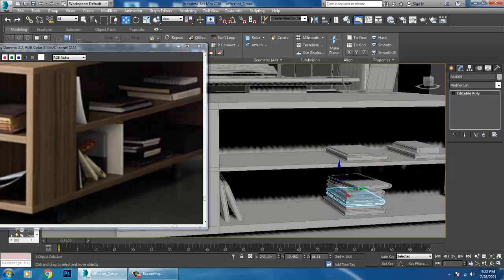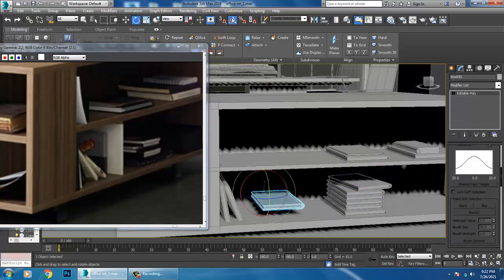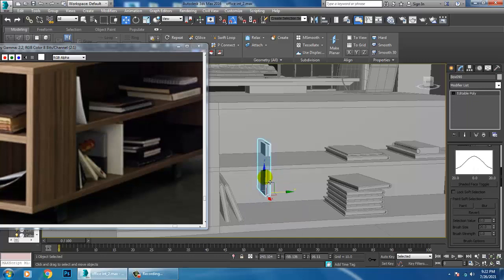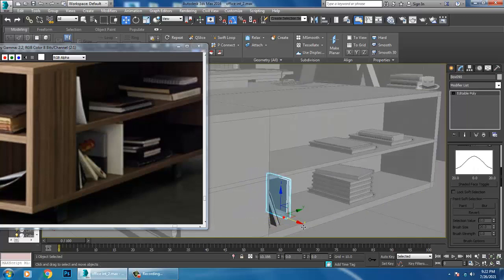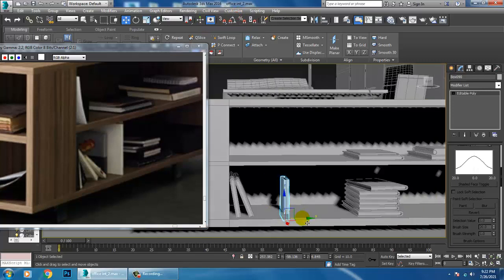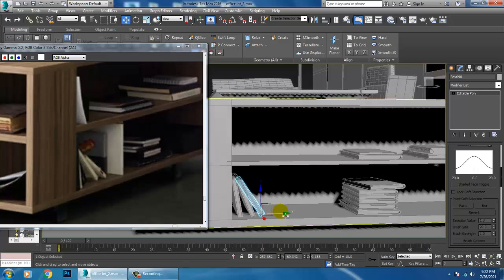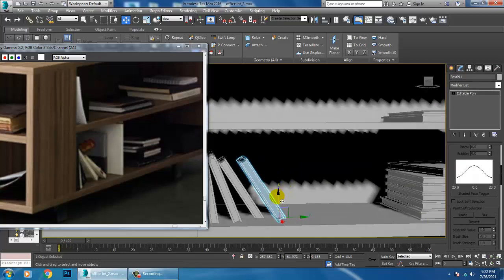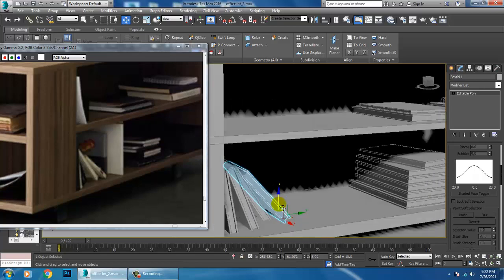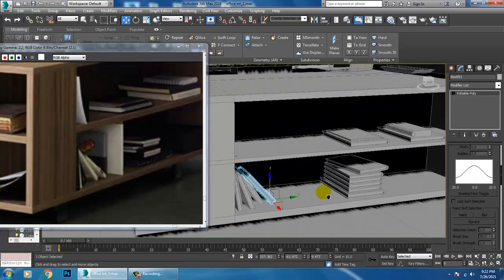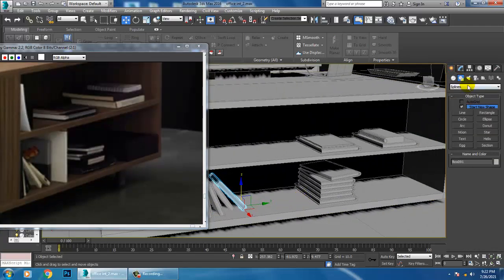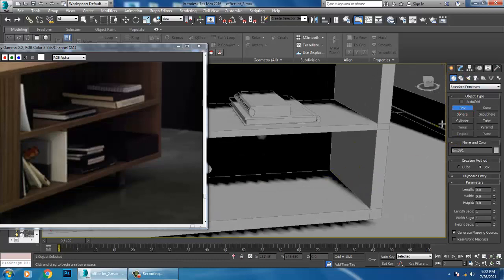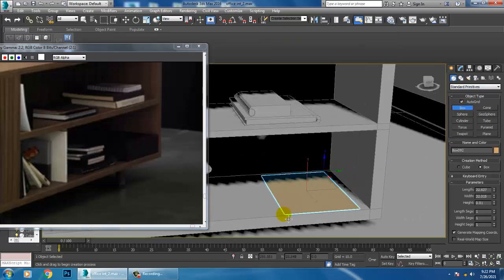Slightly duplicate this. We can create a few things over here, a few of the details.